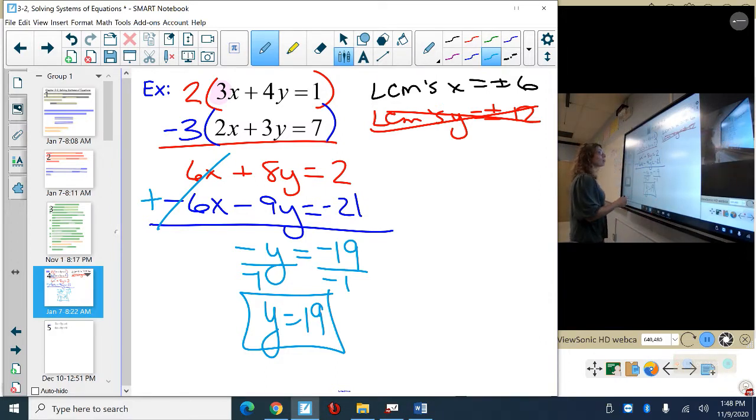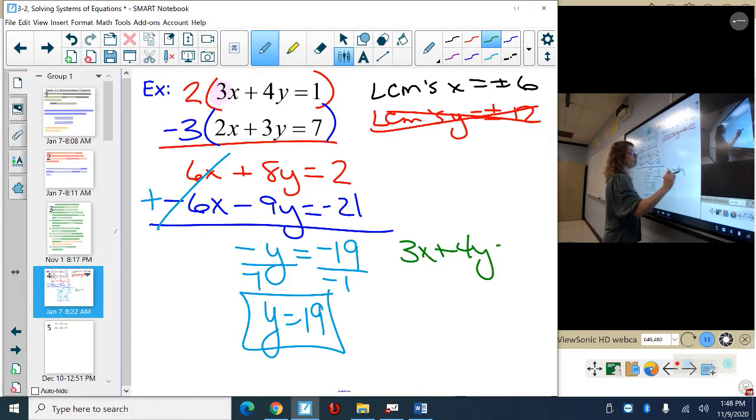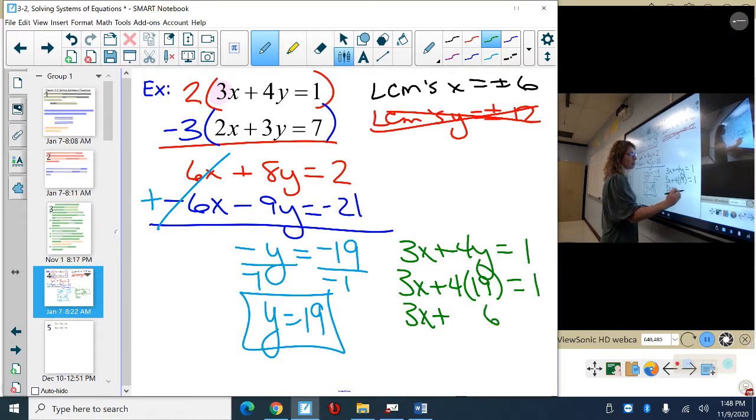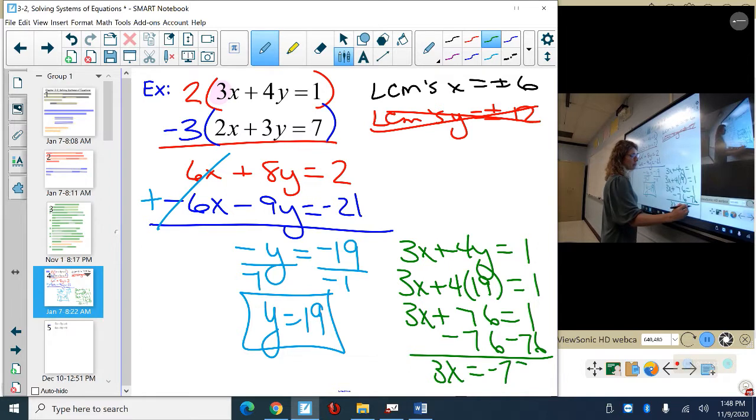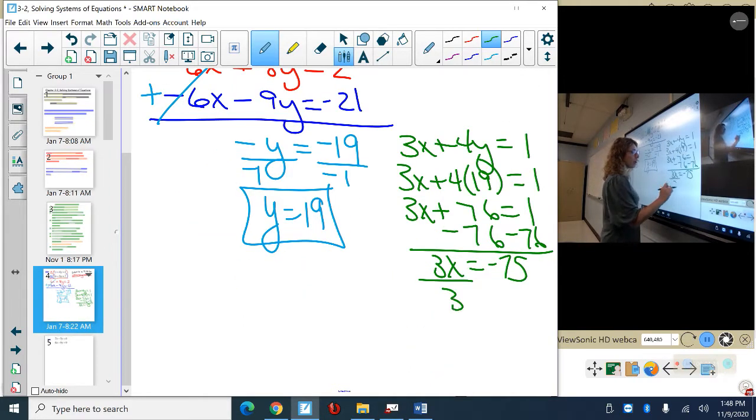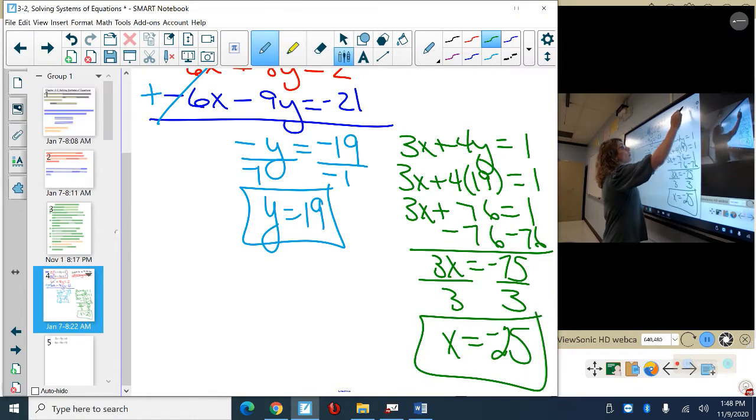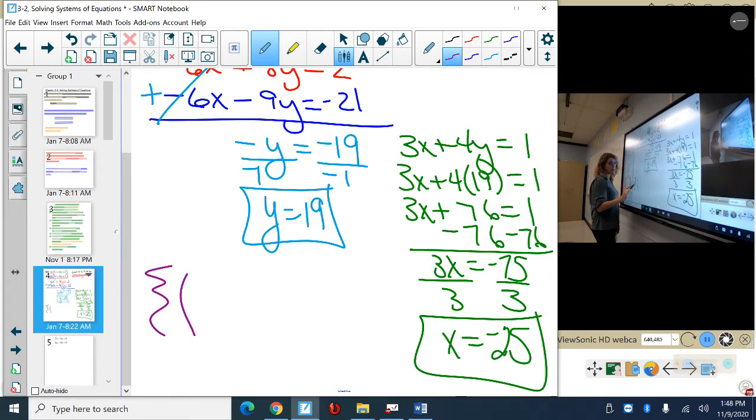So how do I find the x coordinate? I simply am going to take one of the original equations and I'm going to plug and chug. 19 and 4y. So that's going to be 3x plus, that's a 6, 76. I'm going to subtract 76. So I have 3x is equal to negative 75. Divide by 3, and I get x is equal to negative 25. What this means is these two lines are going to cross out in space at the ordered pair negative 25,